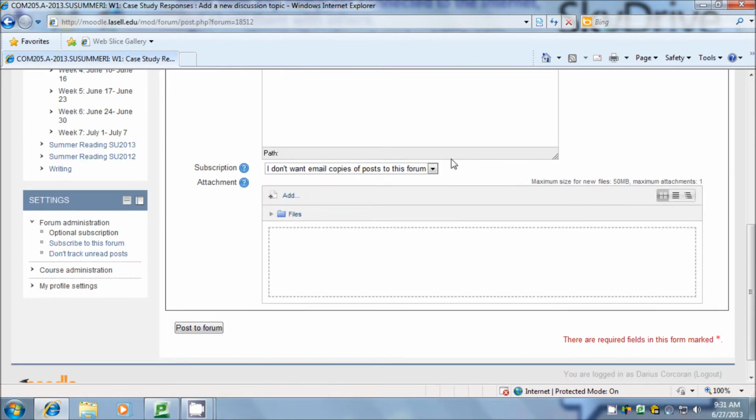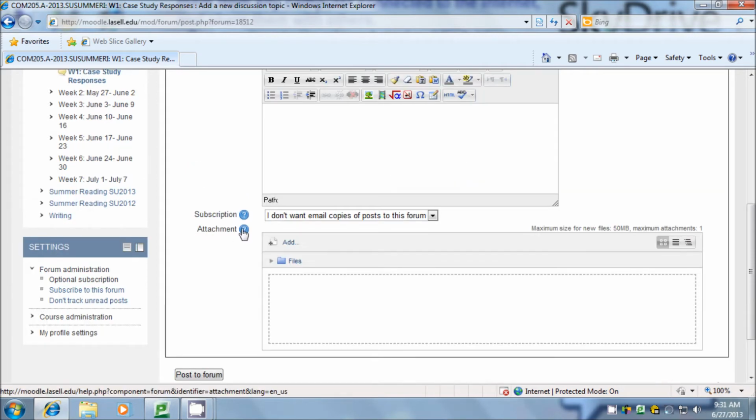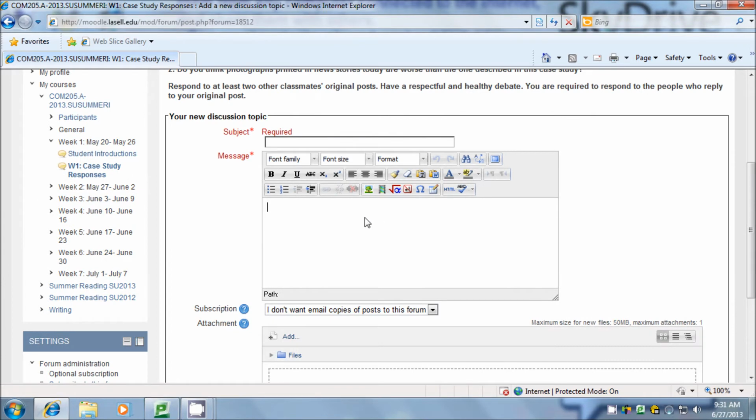And then when you scroll down further, it gives you subscription. This means that if any other student posts on your forum or you post on theirs, you'll get a notification through your student email. So there's 2 options. There's send me an email copies of posts to this forum, or if you don't want an email copy of this forum, you can just select that. I typically check here